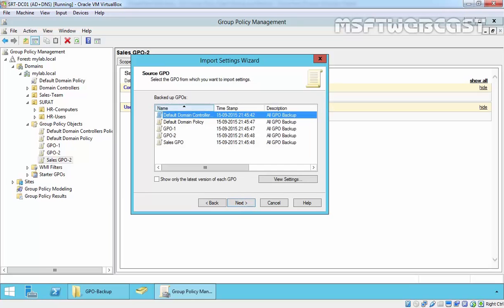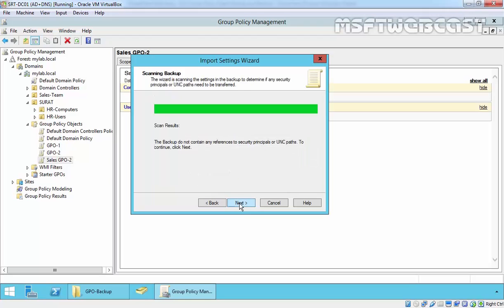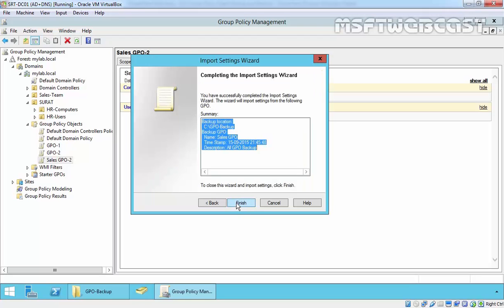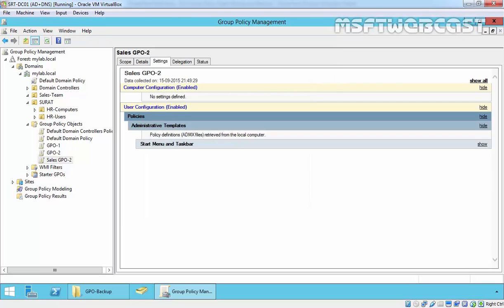Click on next, and here all the GPOs are listed. Which GPO settings do you want to import into sales GPO2? I want the sales GPO's existing settings. Click on next, and finish. Okay, it succeeded. Click on OK, and now if you check, there is the lock transfer policy.